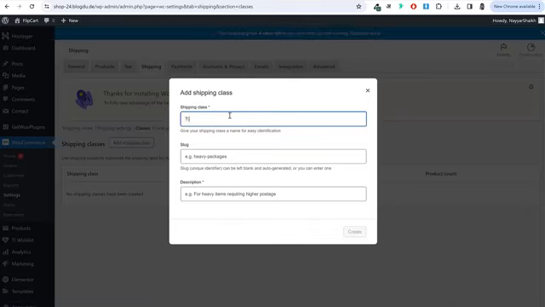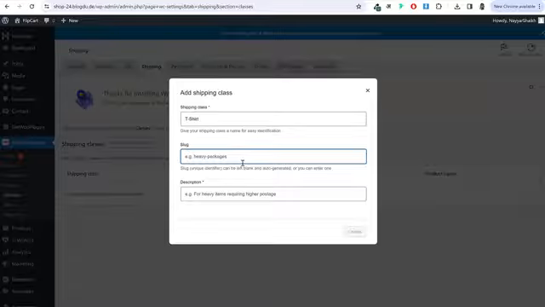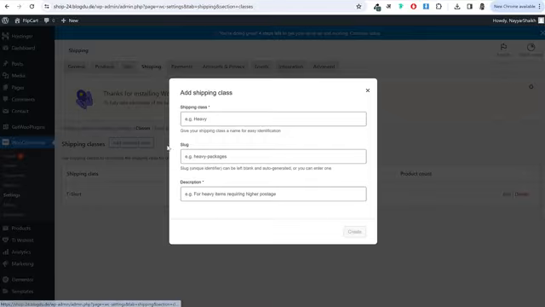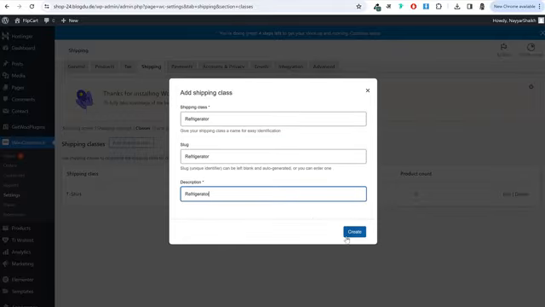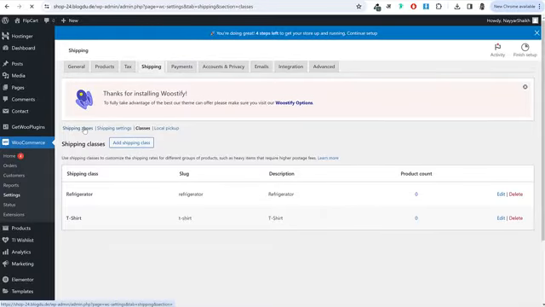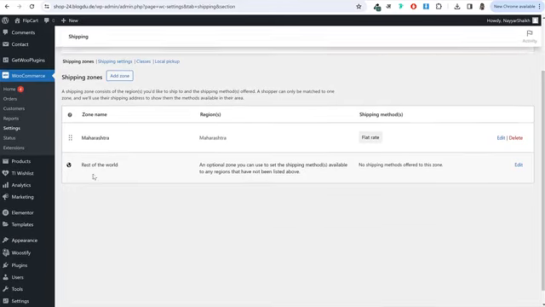Now maybe for t-shirt, I'll create a new shipping class, t-shirt. And under slug also, you can type in the same thing. Description also, same thing, click on create. This is your shipping class. Now I'll click on add shipping class. Now this will be refrigerator. Same thing, type in under slug and description. Similarly, if you're selling some other types of products as well, you can type in those classes. Now, if you again come back to shipping zones, and if you edit Maharashtra,